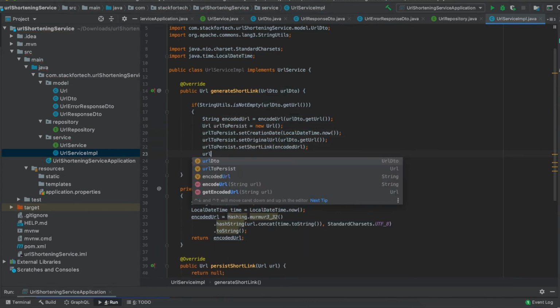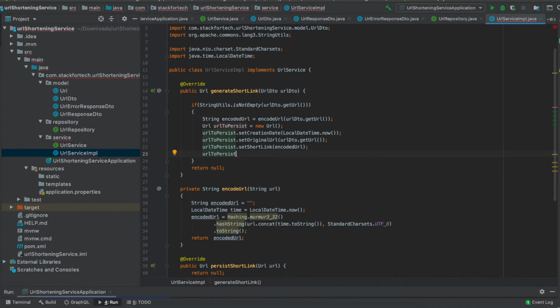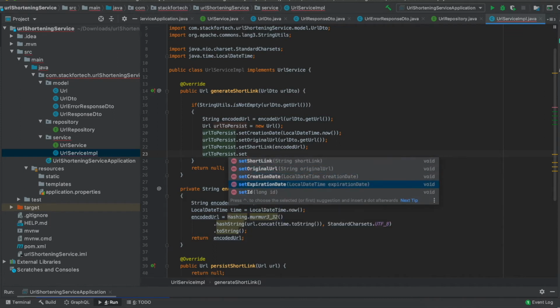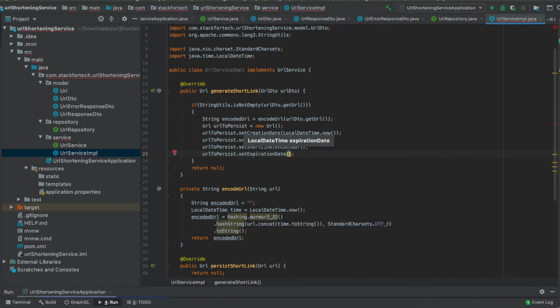Now the question is, what expiration date we need to set, right? Since the user can provide it or cannot provide it, we have to have a default expiration date, right? So for that purpose, we can choose, let's say for example, 2 minutes of expiry from the time when it was created. Let's say we will expire that particular URL within 120 seconds. So let me just get the expiration date.